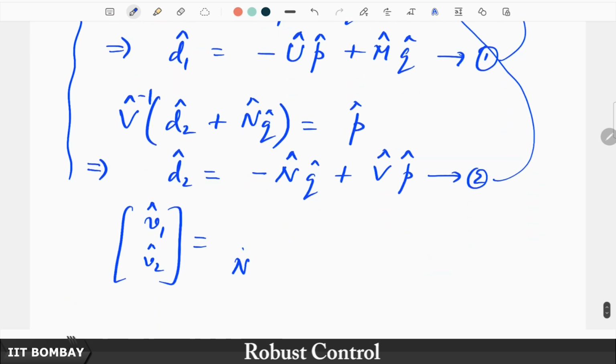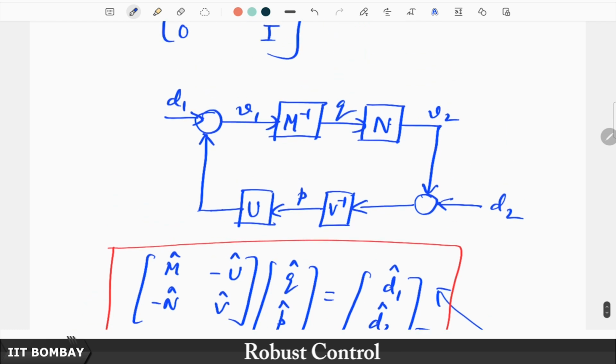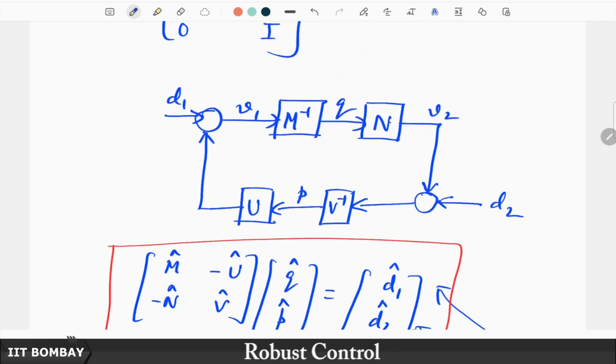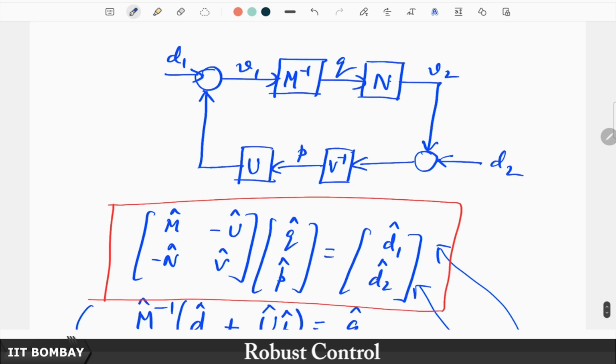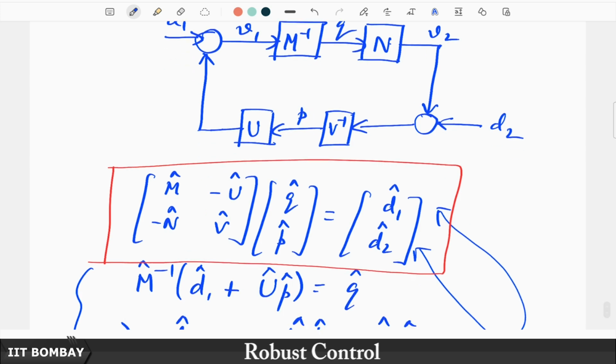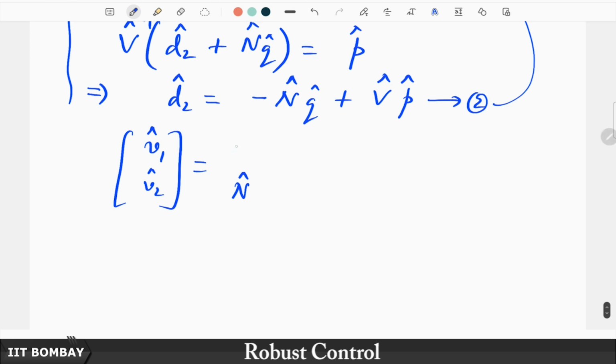So, this is N hat, and V1 hat is nothing but M hat acting on Q hat. Is the reciprocal relation, right. So, M inverse V1 hat is equal to Q hat. Therefore, Q hat being hit by M hat on the left hand side would result in V1 hat, just what we have done. So, I can just write this as M hat